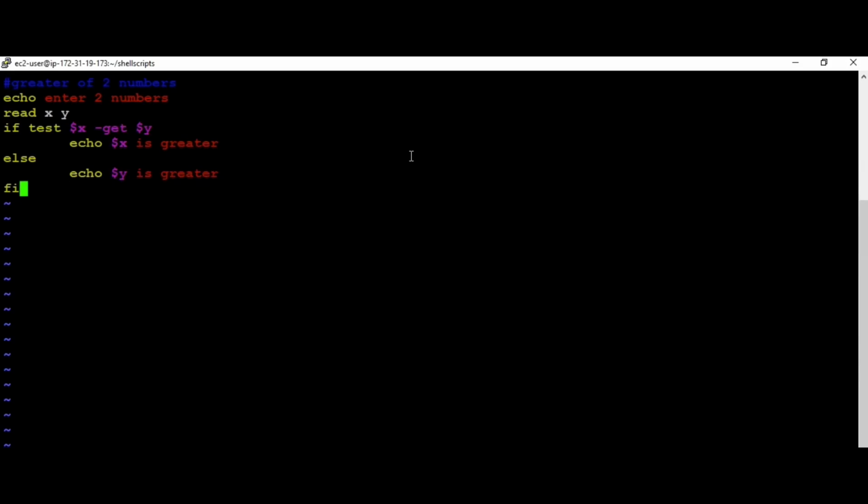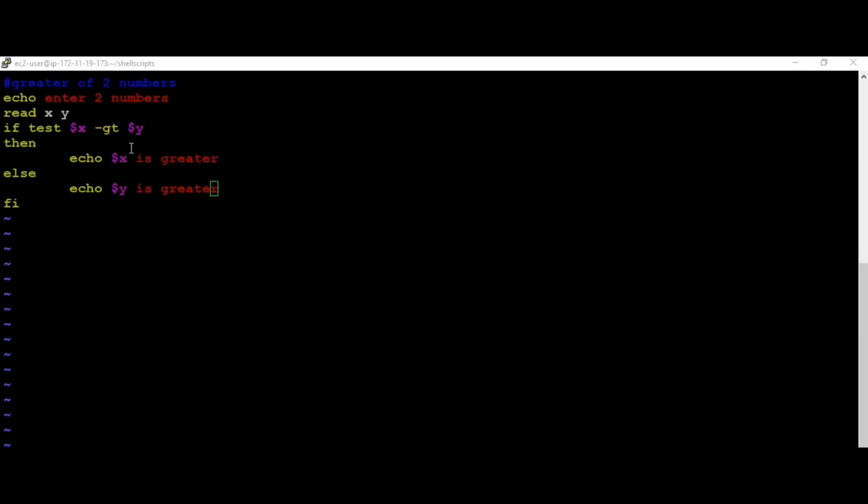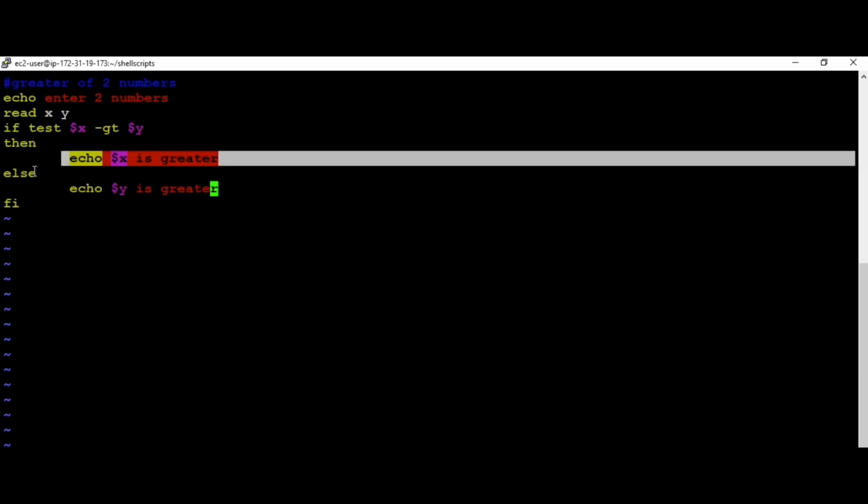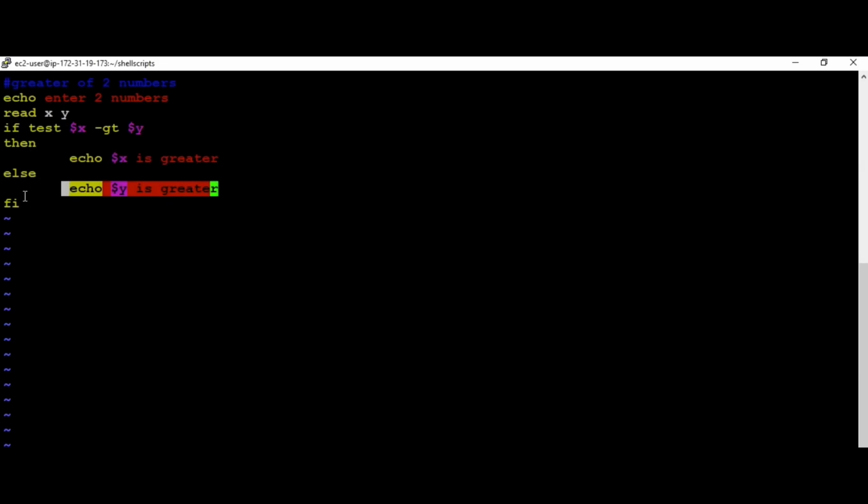And here you have to end it with fi. If is ended with fi. So please understand the syntax here. If test $x gt $y, and there is a keyword called then which you have to add after if. So this is the syntax to write a simple if and else block.